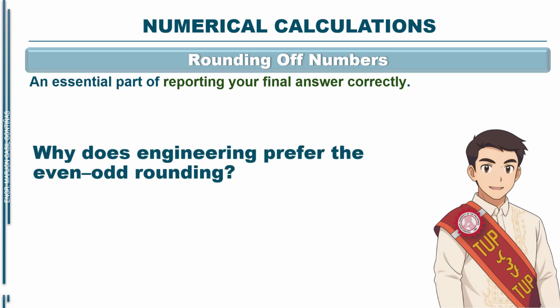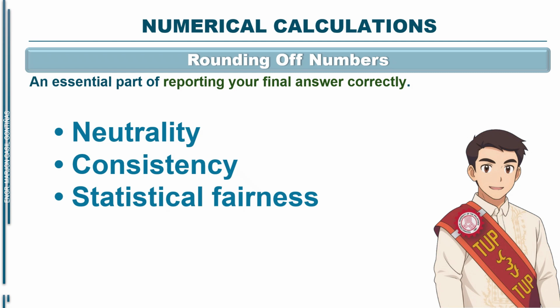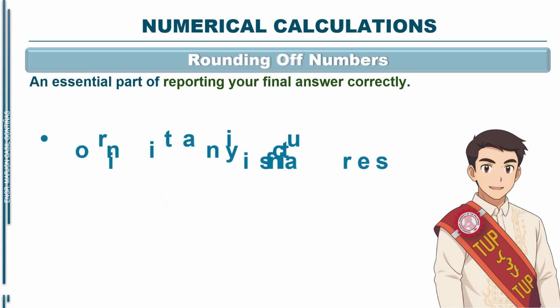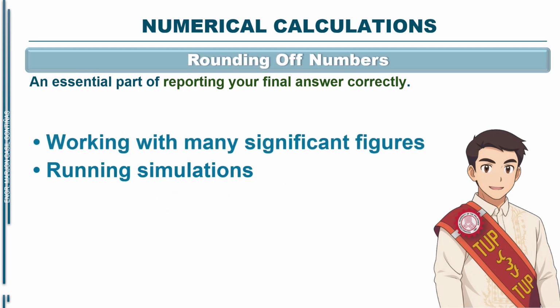So, why does engineering prefer the even-odd rounding? Because over many repeated calculations, always rounding 5 up adds bias. In engineering, we need neutrality, consistency, and statistical fairness. So, round half to even is a more balanced method, especially when working with many significant figures, running simulations, and